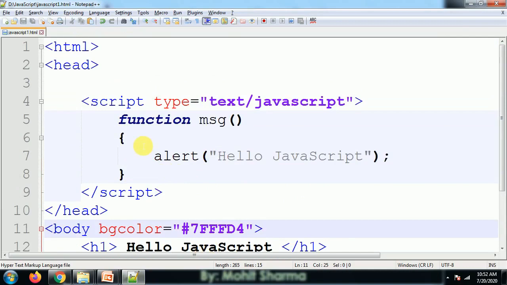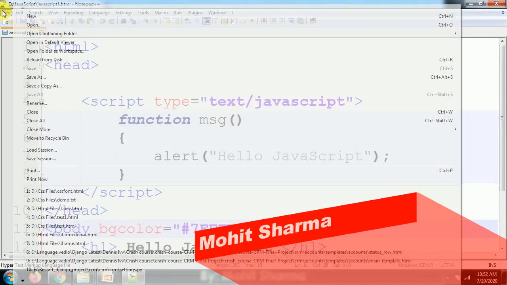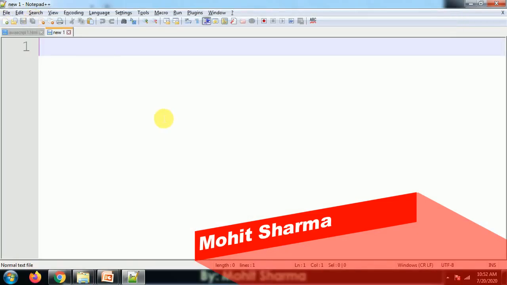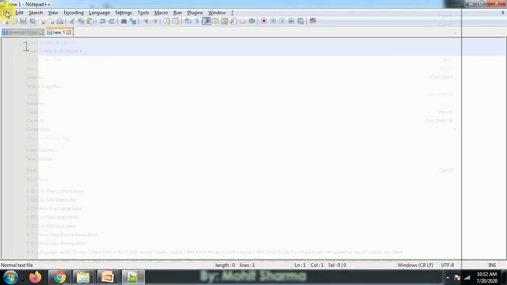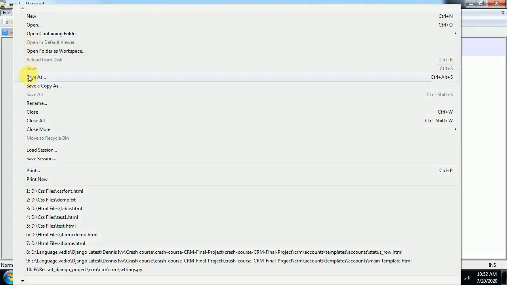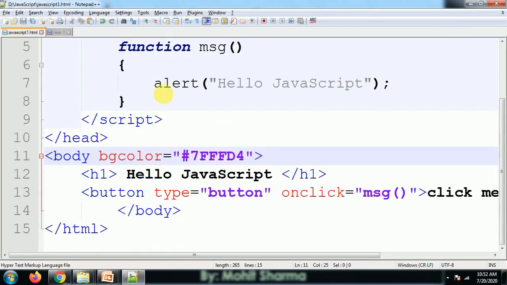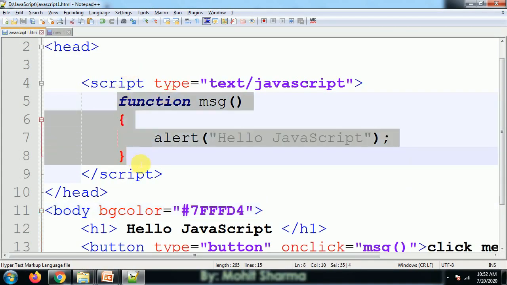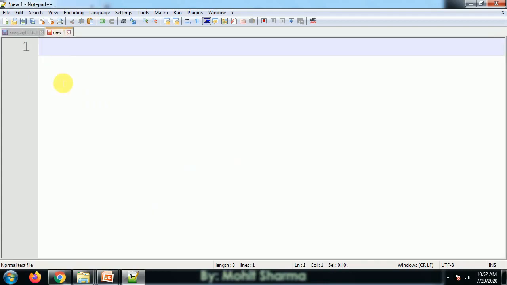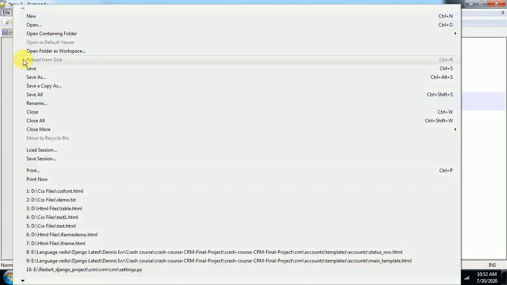Now the third way is creating another file. For that purpose I create a new file and give it a name. I save this file first. I'll copy the code from there, only this function. Cut this function, paste it here and save the file.